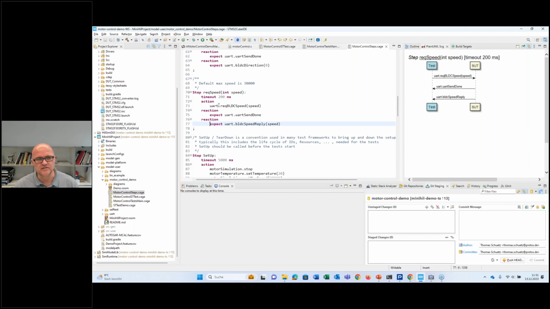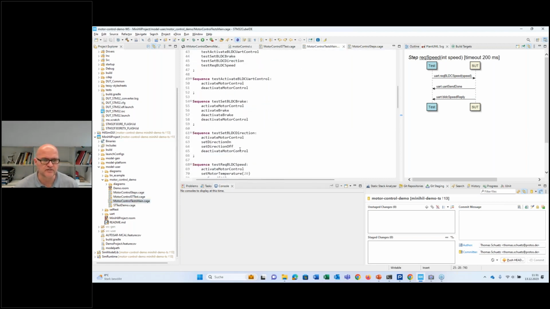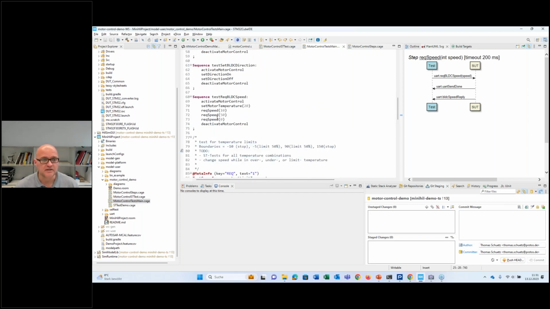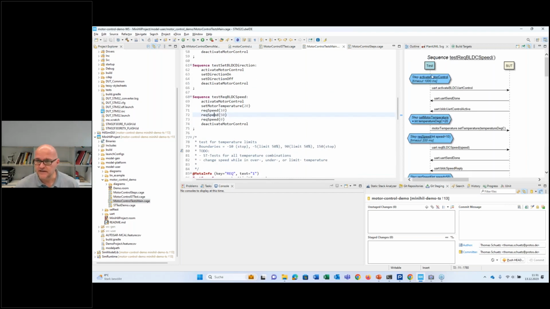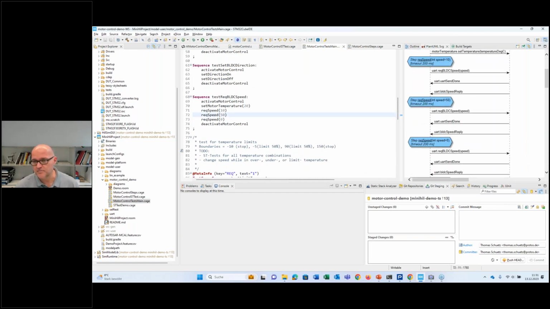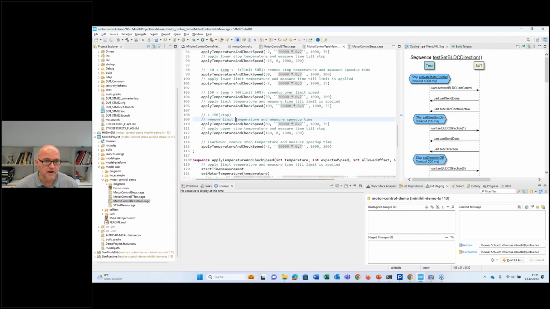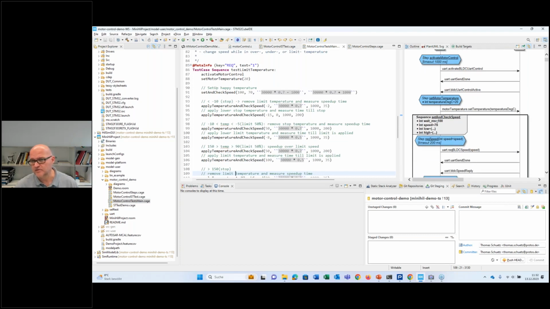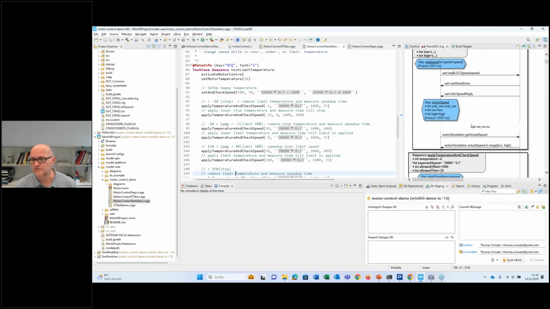So you don't need it really for a test step. You can also understand this here. But if you move one level up, you can integrate all the test steps into sequences. For example, here the request speed test consists of several steps, and you can also integrate sequences into higher level sequences and so on. For example, here I have a test case that integrates several steps and sequences, and they themselves integrate other steps